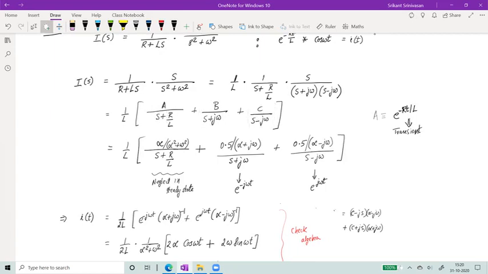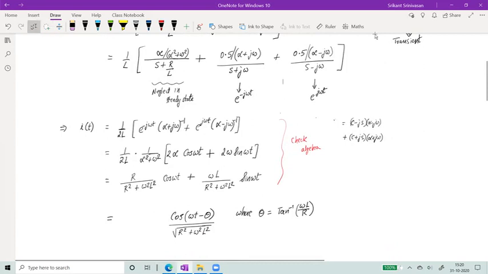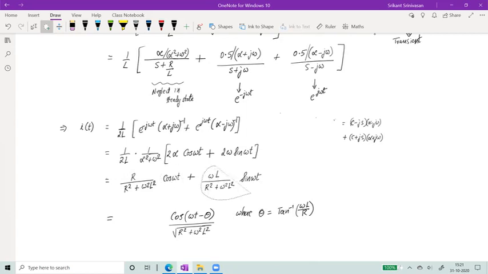Then we solved it, and after solving for B and C, we came up with this expression. We said we had to check the algebra. That algebra has since been checked, so let's erase this. This is done. What we found was that the answer is R over R square plus omega square L square, times cos omega t plus omega L times something, and sine omega t. We kind of ended over here. We said this is the time domain response.